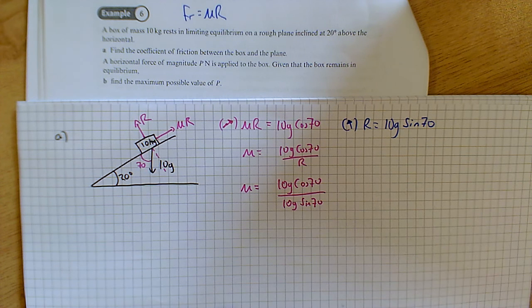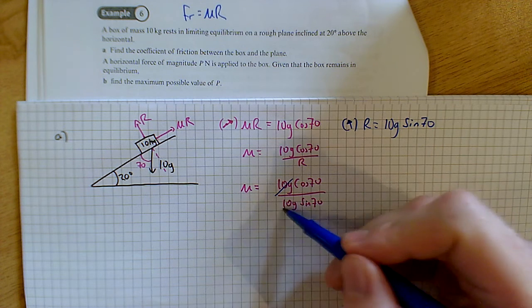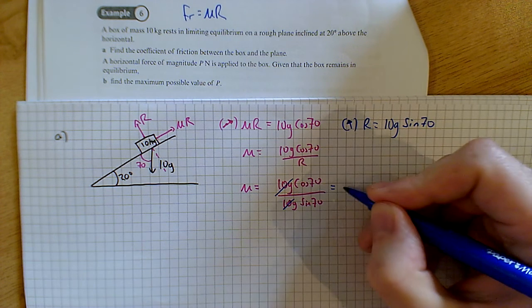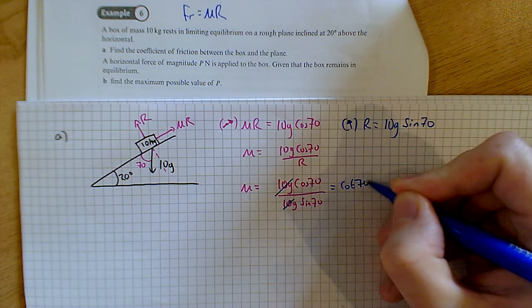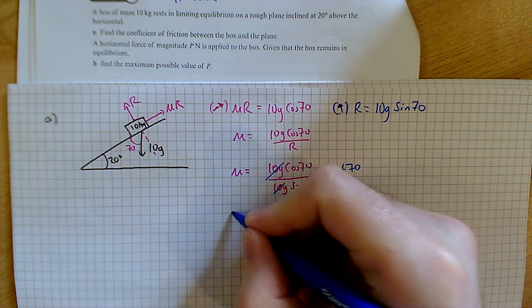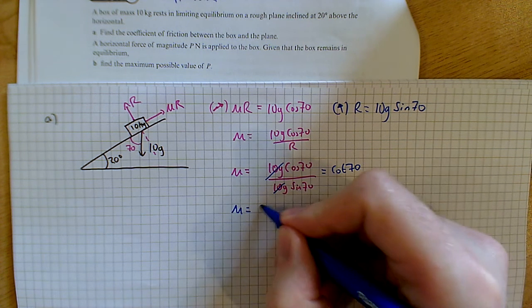Which obviously are just all numbers, so we can put them into the calculator. But the more savvy of you watching this might realise that the 10s are going to cancel, the g's are going to cancel, and you're left with cos 70 over sine 70, which very excitingly is cot 70. To go back to our trig, that's 1 over tan 70. So there's quite a nice little result there that you'll get. So mu is equal to cot 70, which is 1 over tan 70, which is